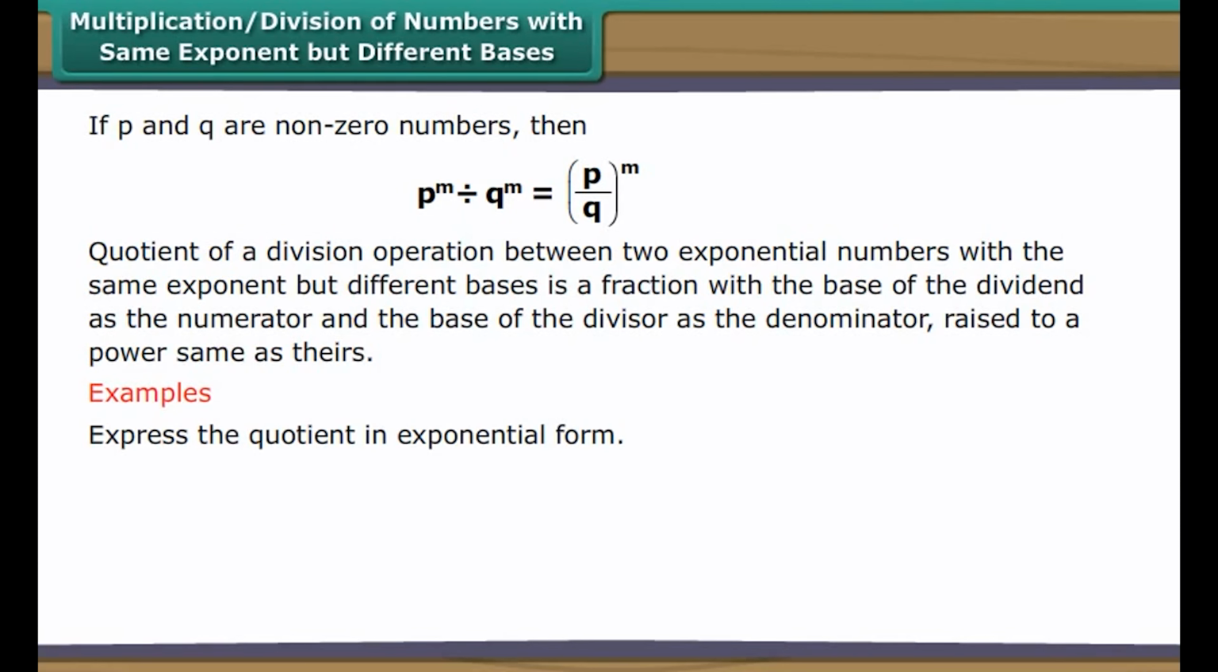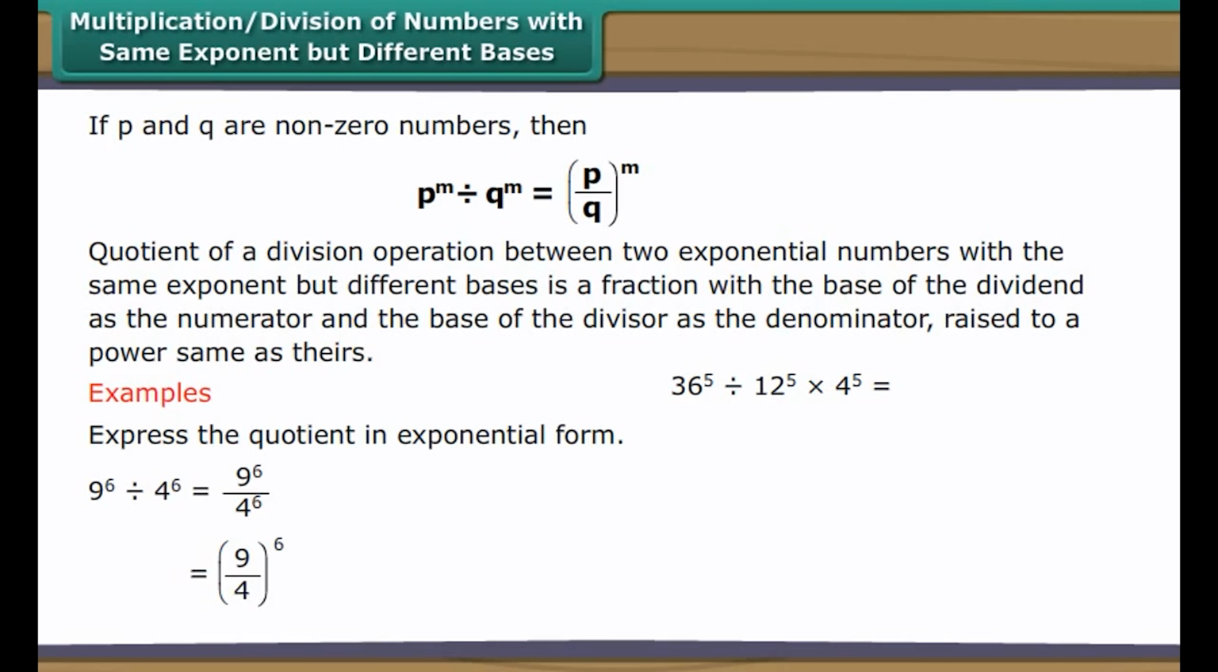Express the quotient in exponential form. 9 raised to the power 6 divided by 4 raised to the power 6 is equal to 9 raised to the power 6 upon 4 raised to the power 6, which is 9 upon 4 whole raised to the power 6. Similarly, 36 raised to the power 5 divided by 12 raised to the power 5 into 4 raised to the power 5